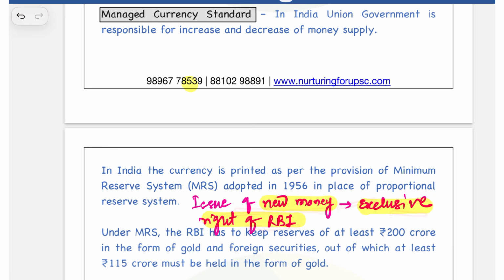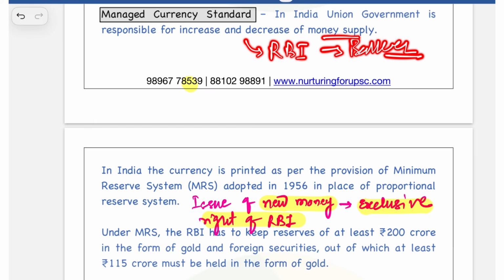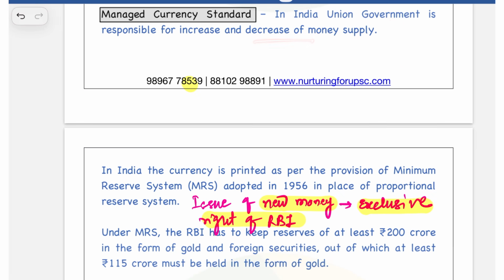But the union government is also responsible for increase and decrease of money supply. Why? Because the RBI is actually banker to government. How and why the government sells its bonds, creates its deposits, or takes out loans also impacts the money supply. तो ये भी एक फैक्ट है। I'll be discussing RBI and its functions in the next session, there I will discuss it further। पर अभी ये समझ लो कि since RBI जो है वो गवर्नमेंट की बैंक है,